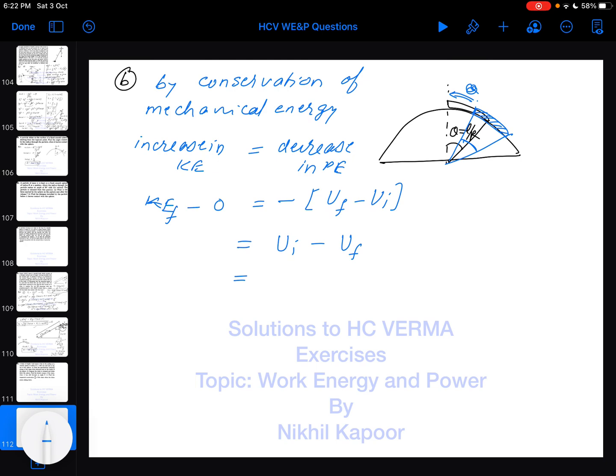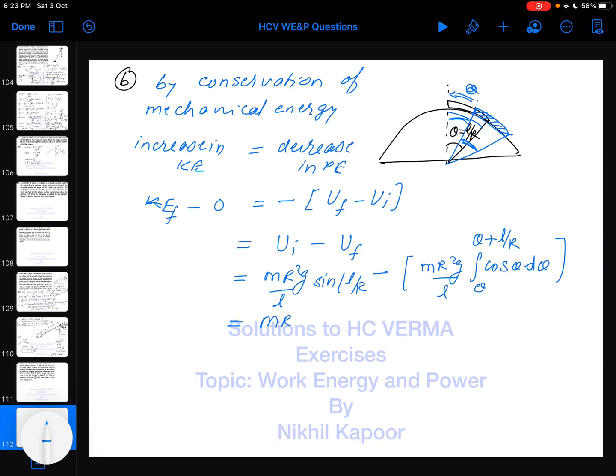As initial potential energy is already known to us, that is m r square g by L into sine L by R, minus the final, while potential energy at any position is given by m r square g by L. Now in the new position it will again be integration cos theta d theta, but now the angle subtended by the chain varies from theta, since it has turned by an angle theta, to the final angle theta plus L by R. So theta to theta plus L by R.